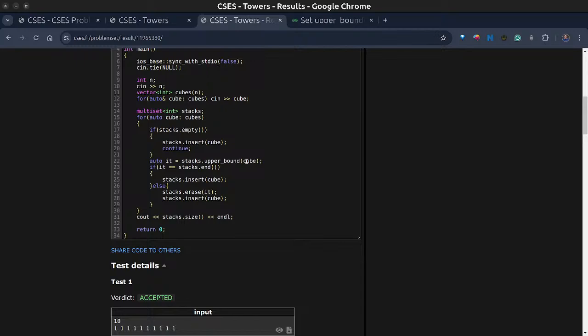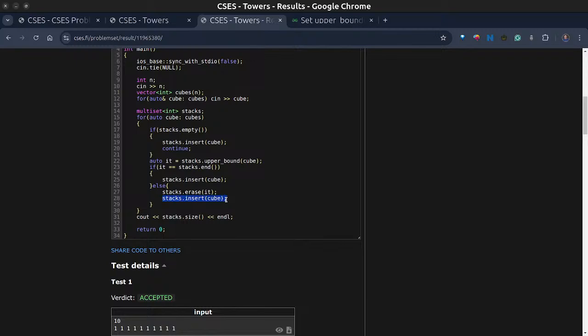I only need just the previous one, the one just before the upper one in the stack. So I can determine with that whether I can stack this cube into that stack or not. Here, if there is no upper bound left for that cube, I simply insert another cube. That is, I create another stack in this stack list, and I will continue with this stack list. Otherwise, if I find that upper bound, I erase it and put that cube instead